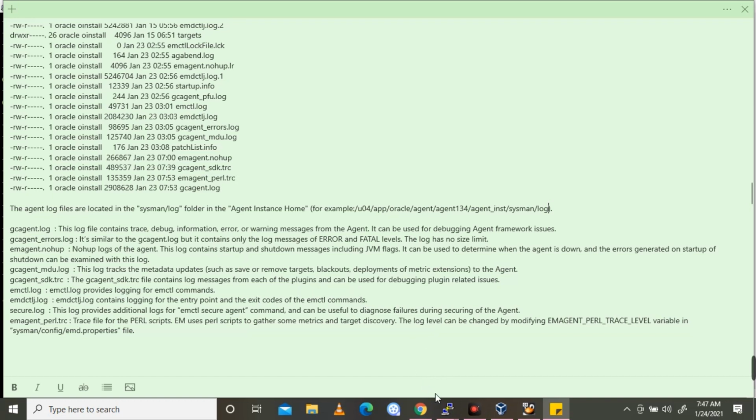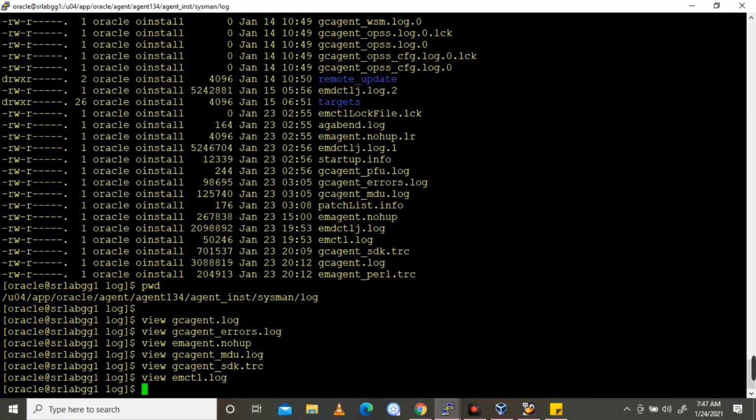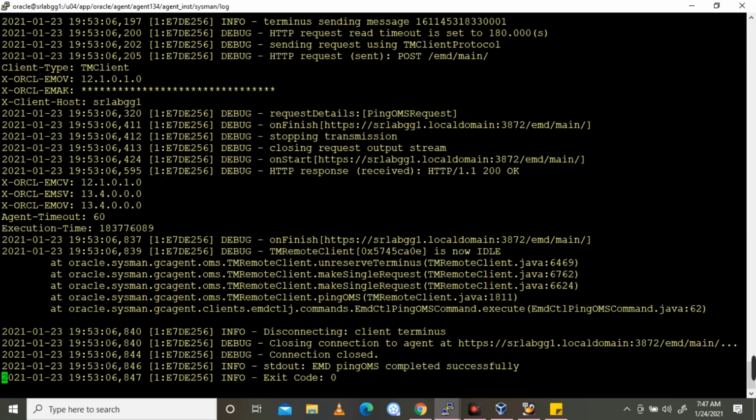So you can see in this log the exit code and the entry point for the emctl commands.